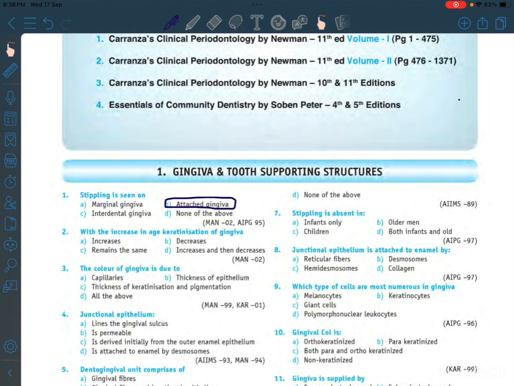Why attached gingiva? Because attached gingiva is keratinized, and the thickened keratin layer over irregular epithelial ridges enhances the orange peel appearance. Because of its keratinized nature, it is firmly bound to bone and cementum through periosteum, and since it does not move, the surface irregularities from rete pegs and connective tissue papillae are visible as stippling. Also, it has dense collagen fibers and there is no submucosa, because of which the surface texture from connective tissue directly reflects on the epithelium. So microscopic connective tissue regularity reflects on the surface and is seen as stippling. Hope it helps.